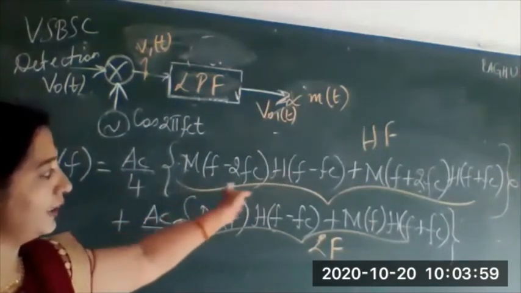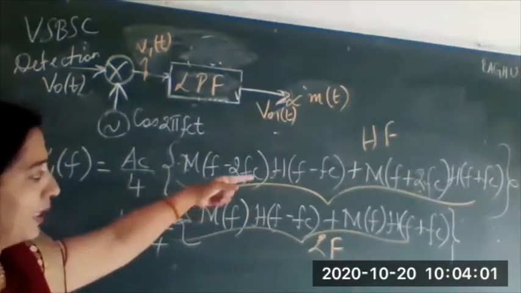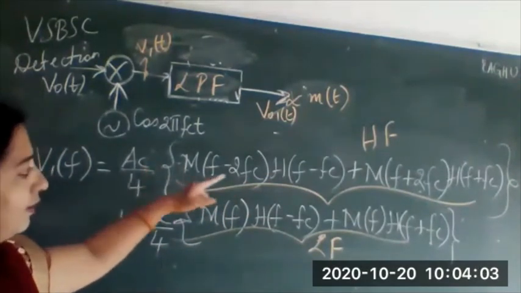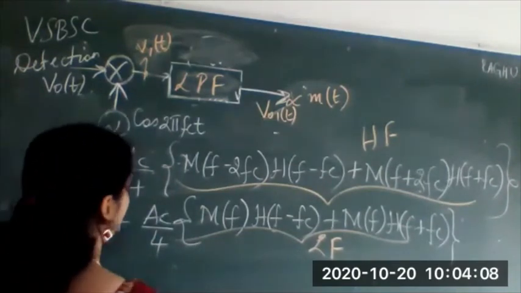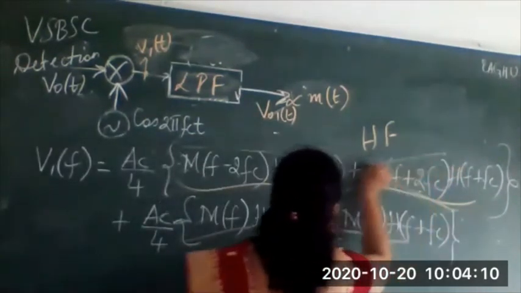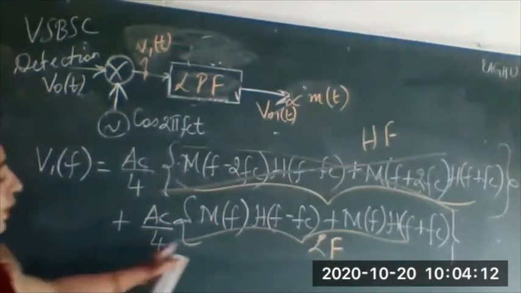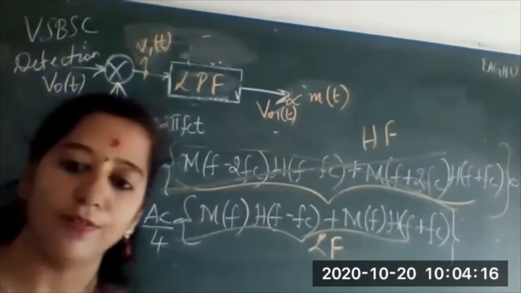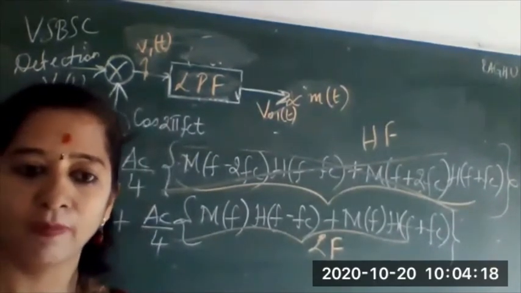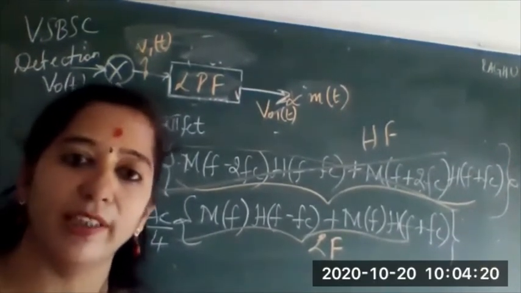All the high frequency terms which we have written in the upper line, the first line terms, will get eliminated. All these terms will get eliminated and only what we have written in this will remain because they are of low frequency range. Okay, so you just write one sentence.